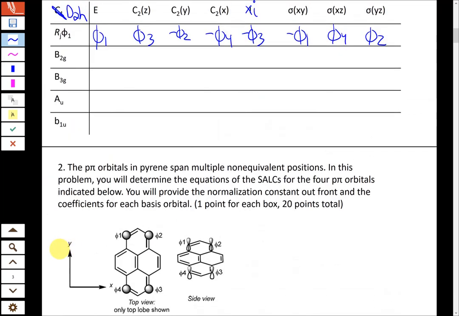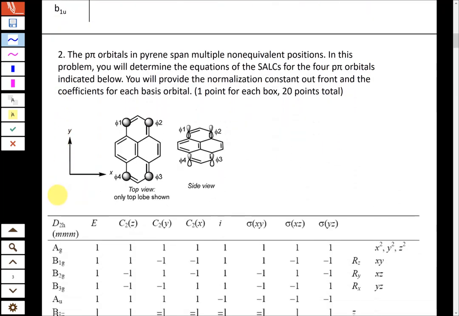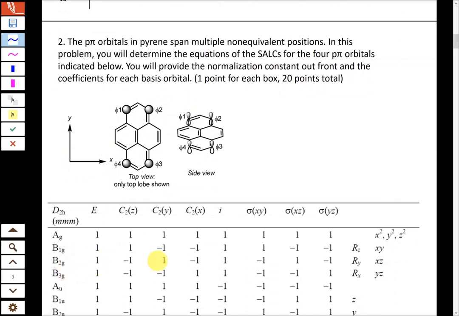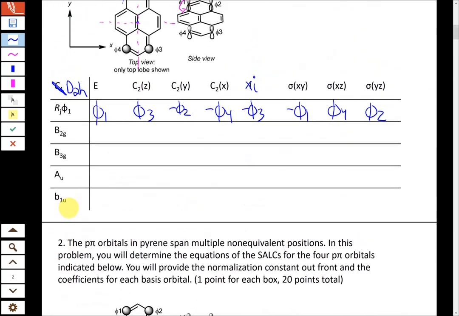And so let's look at the first one here, which is B2g. So B2g is 1, minus 1, 1, minus 1, 1, minus 1, 1, minus 1. So alternating plus 1 and minus 1 characters. So we multiply those by the characters, we get phi 1, minus 1, phi 3. And then, so 1 minus 1 plus 1, so it's going to be minus phi 2. This times, I'll write the numbers out, make it a little bit clearer. So we have plus 1 character times phi 1, minus 1 character times phi 3, a plus 1 character times minus phi 2,